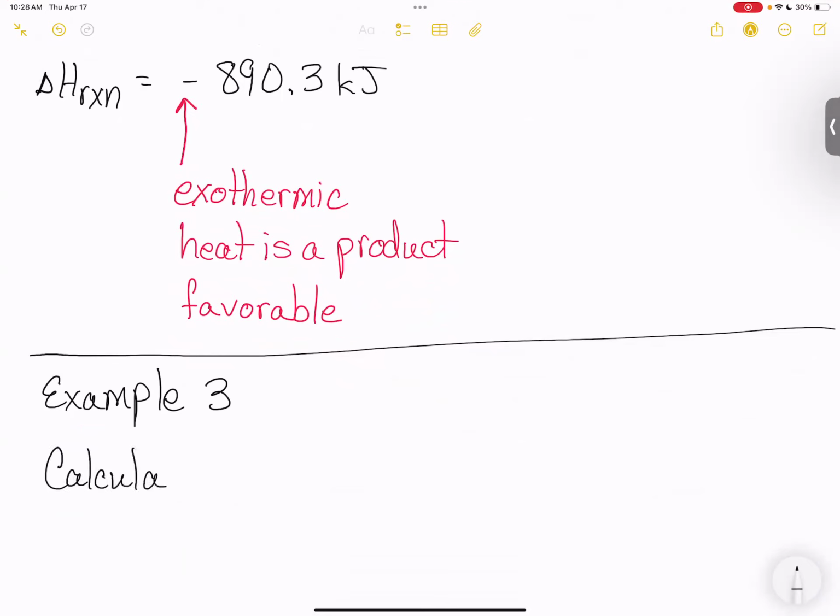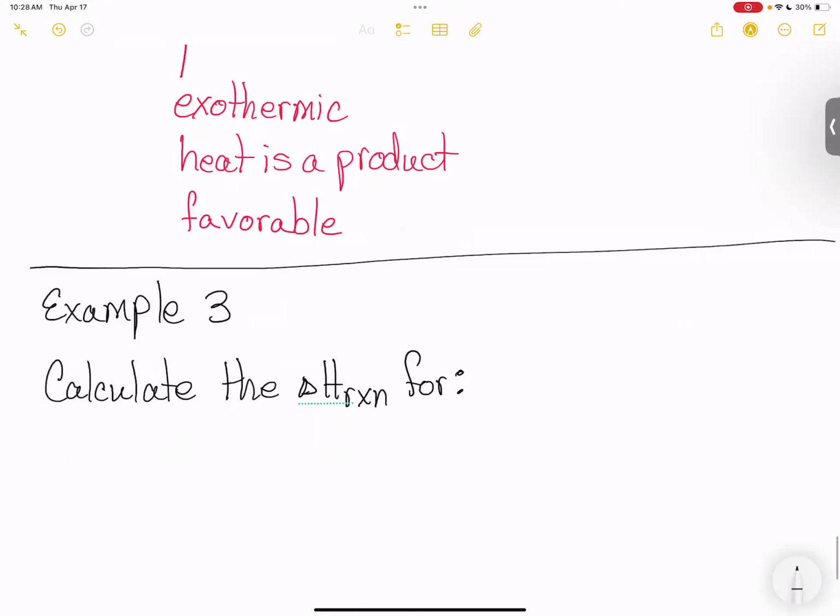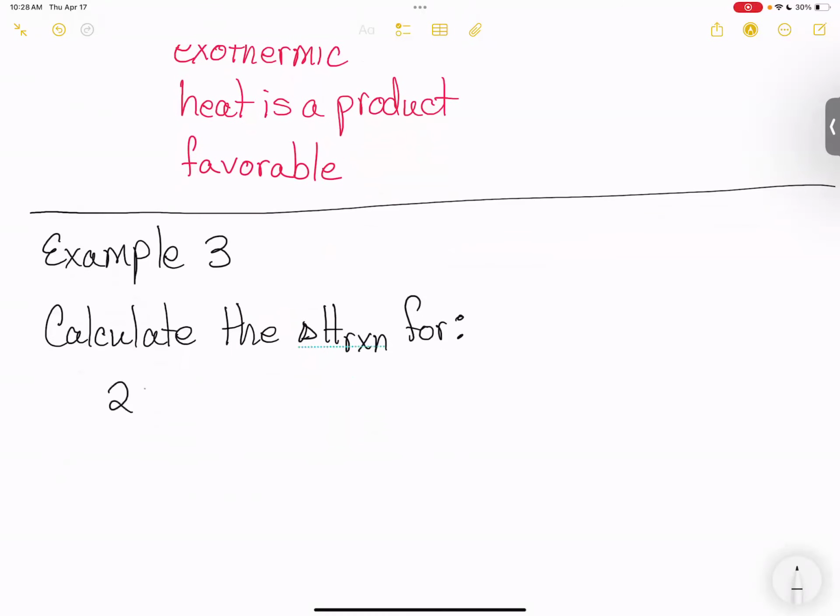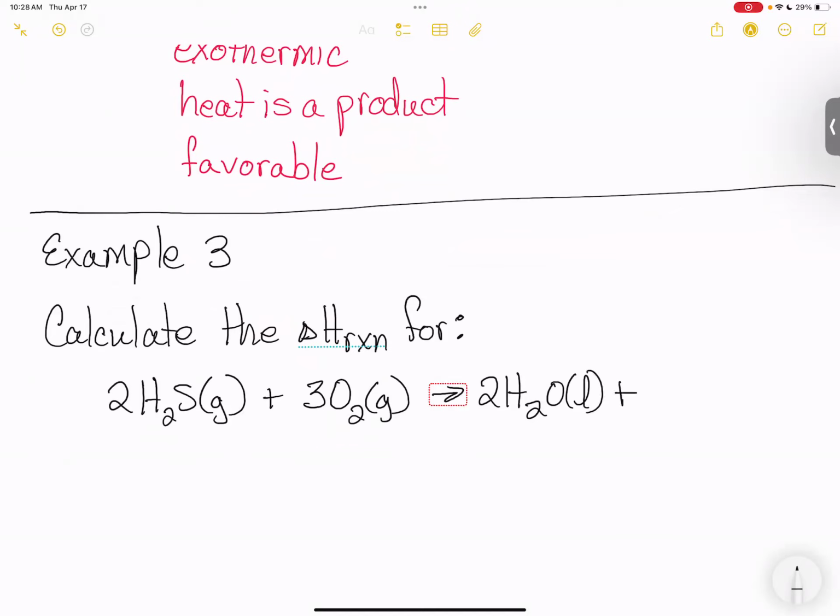Calculate the enthalpy of reaction for 2H2S gas plus 3O2 gas goes to form 2H2O liquid plus 2SO2 gas, given